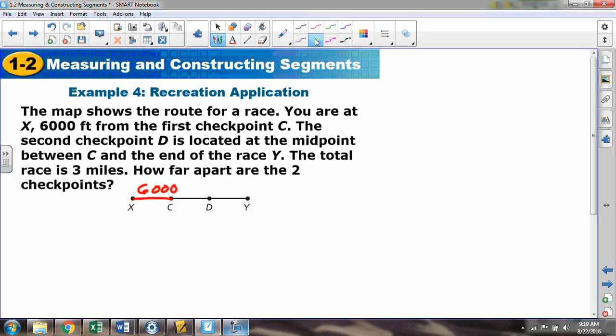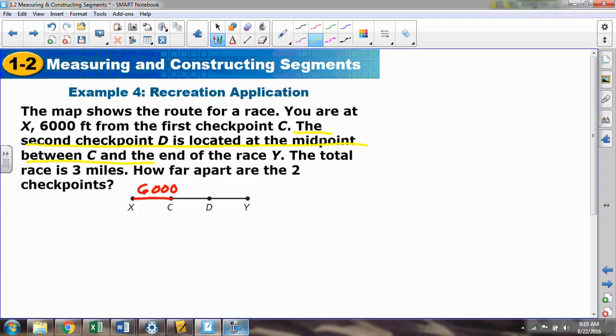The second checkpoint is located at the midpoint between C and the end of the race. Make sure we understand what that's saying. The second checkpoint of point D is at the midpoint from C to the end. That sentence right here,